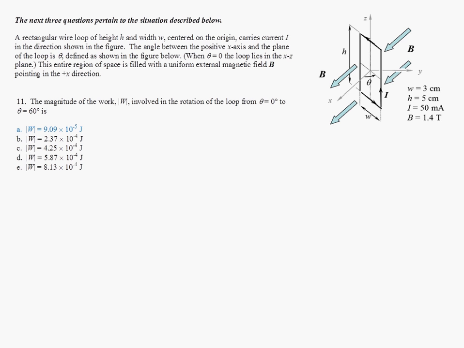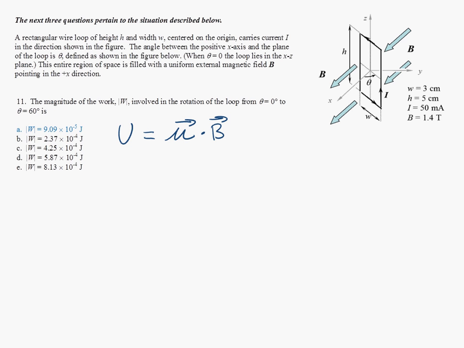Okay, here we're asked to figure out how much work needs to be done as the current loop is rotated from being lined up with the x-axis to being rotated out here as shown at 60 degrees from the x-axis. The easiest way to do that is remembering that there is a potential energy associated with a current loop in a magnetic field, and it's just given by the magnetic moment of the loop dotted into